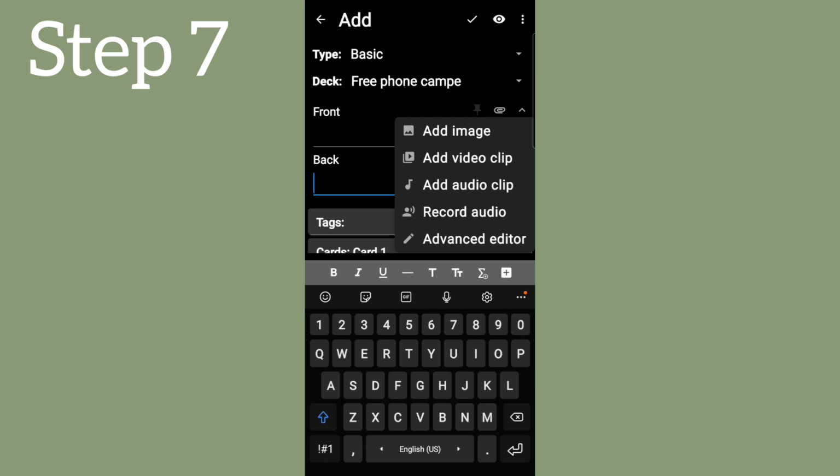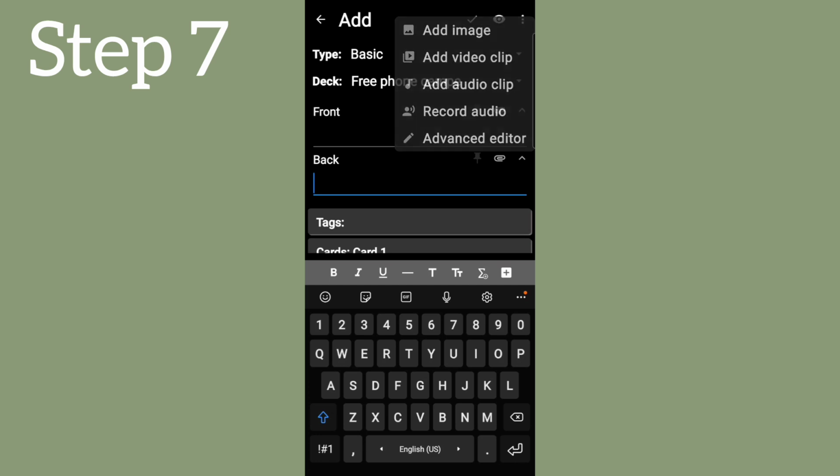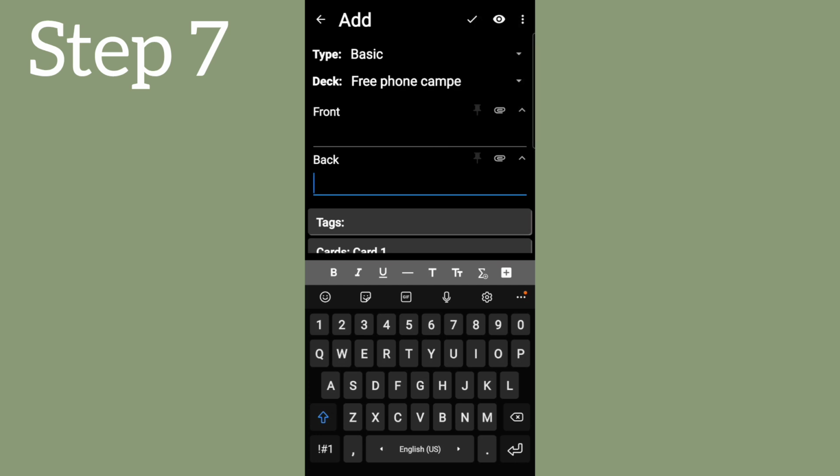If you click on this clip, you can use these options instead of text. From here, you can use these features in your writing. For example,